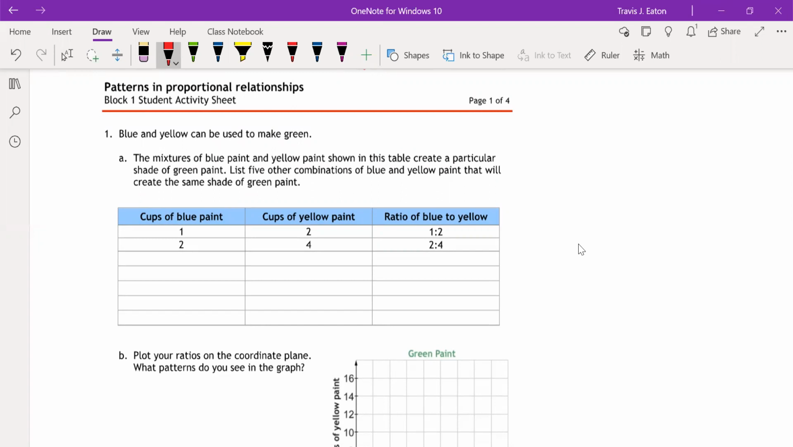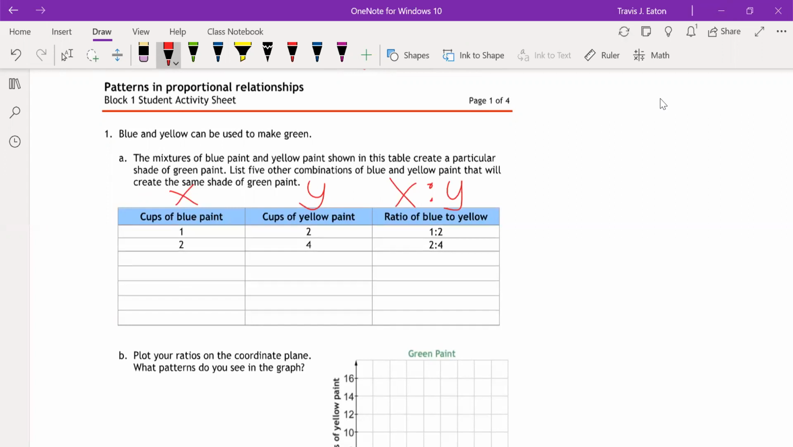And so let's add a few things to this just to make it a little easier to understand. So the cups of blue paint we are going to use as our input in this case, okay? Because it says the mixtures of blue paint and yellow paint shown in this table create a particular shade of green paint. And we're going to list 5 other combinations of blue and yellow paint that will create the same shade of green paint. Well, we're going to use the amount of blue paint as our input, the amount of yellow paint as our output or our dependent variable. So we have our independent variable in our x, dependent variable is our y, and then we have the ratio of blue to yellow. So that would be x